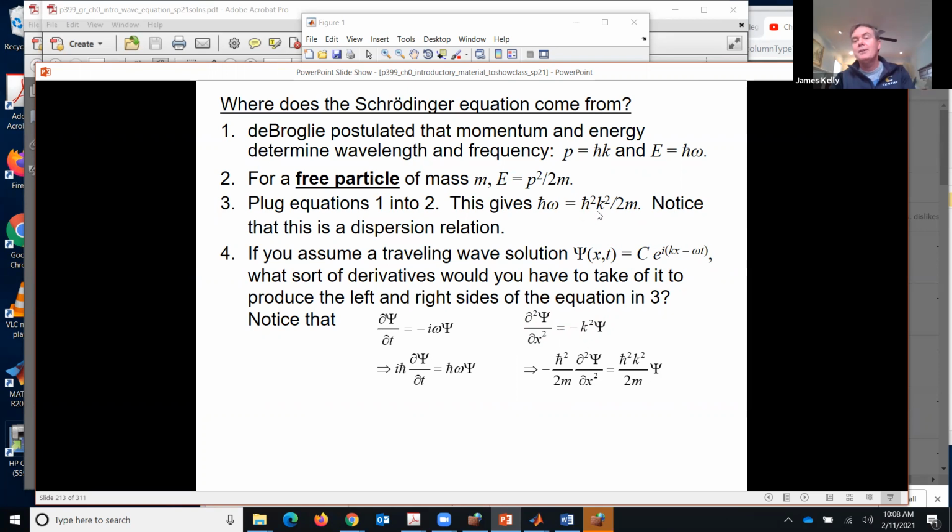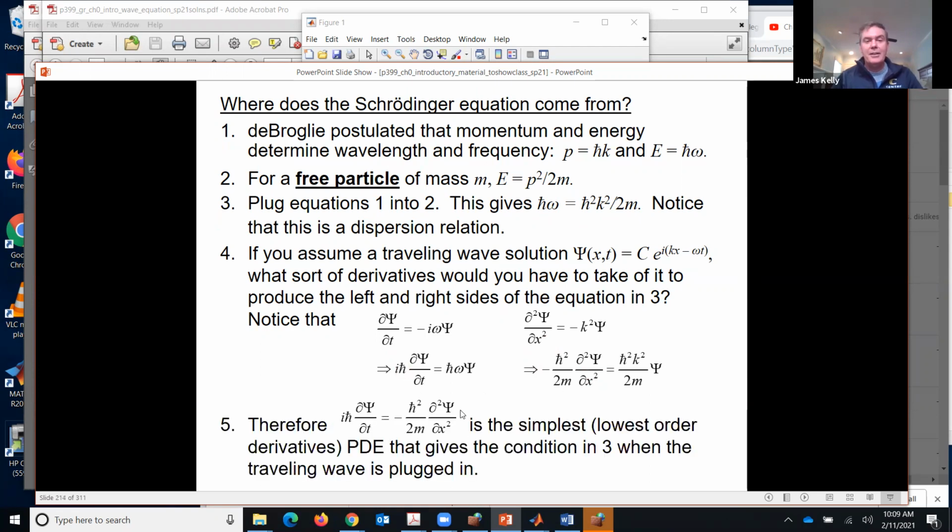I wanted an h bar squared k squared over 2m to come out on that side, but I can then multiply by h bar squared and divide by 2m and multiply by minus 1. And that tells me that this combination of constants in front of the second derivative gives me what I want on the right-hand side. And therefore, if I substitute this into a partial differential equation that is this equal to this, hopefully I've got that written down here,